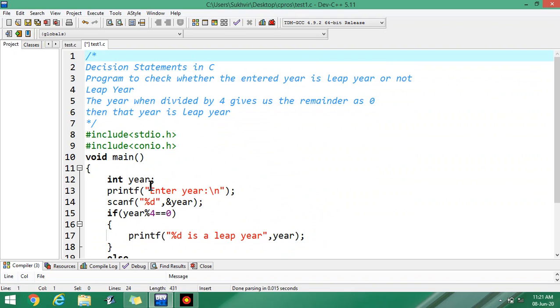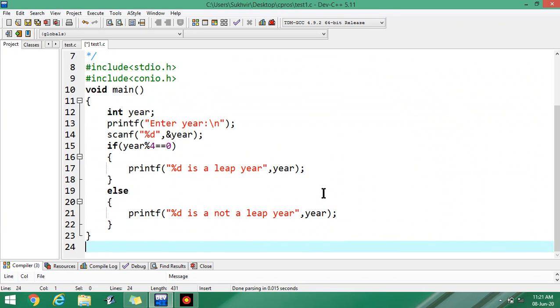The important point lies inside the if statement, here basically it is the condition, year modulus 4 is equal to 0. It means the number when divided by 4 gives us the remainder as 0. If this value is equal to 0, then the year is a leap year. Otherwise, it's not a leap year.